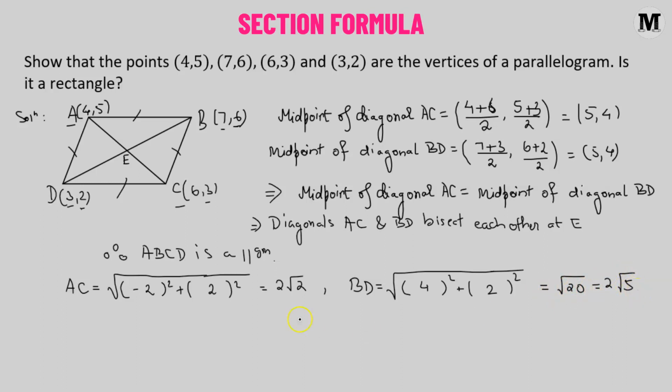Now clearly we see that the length of AC is not equal to the length of BD. So this implies that ABCD cannot be a rectangle. It is a parallelogram, that's for sure, but it is not a rectangle. Hence,